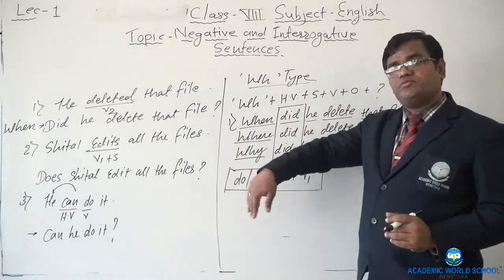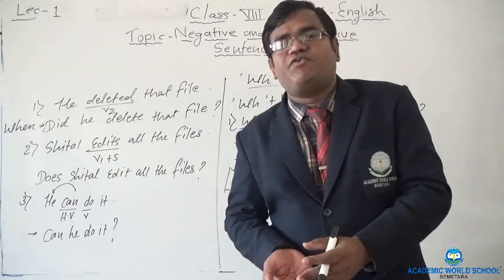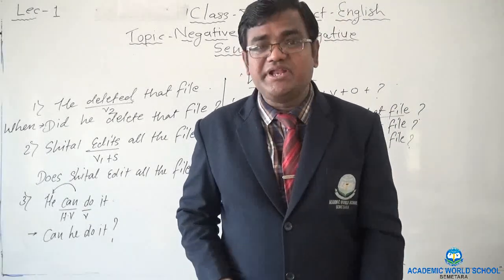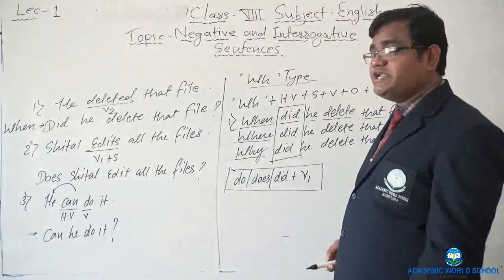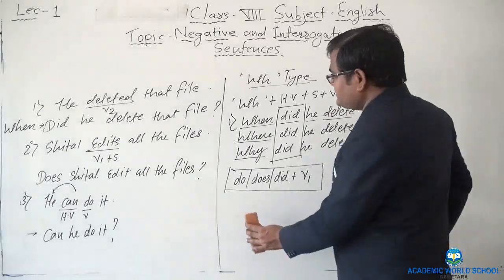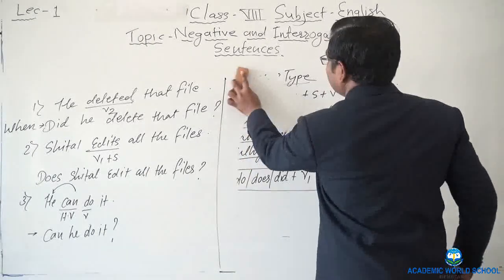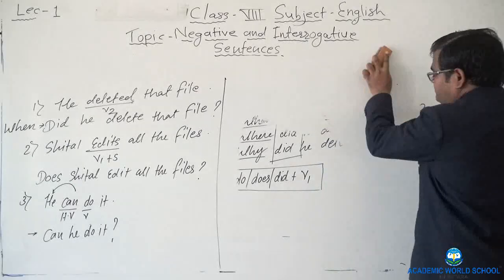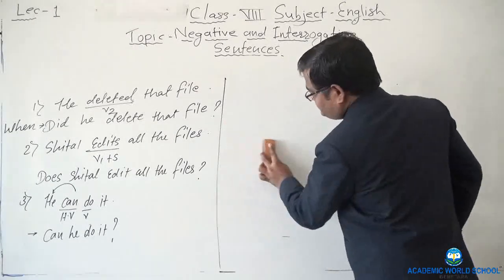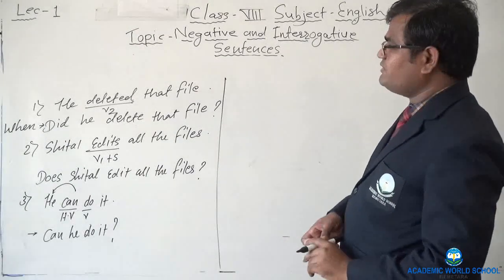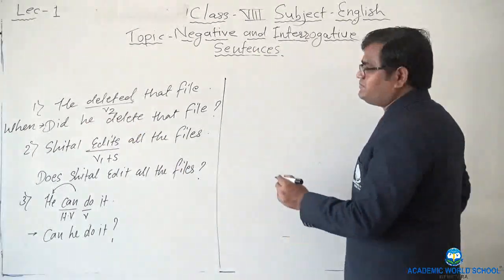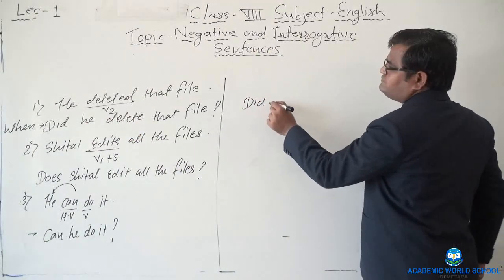If you want to make the question in negative form, the question also can be negative sometimes. So we need to put "not" in the question. So where to put it? That is the question. Sir, where to put "not" in a question? Negative questions also can be framed. For example, let me write the same example here.